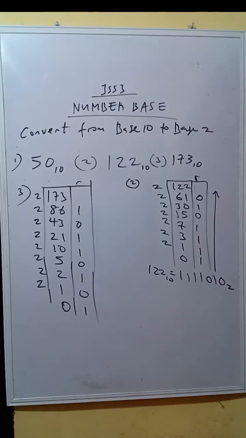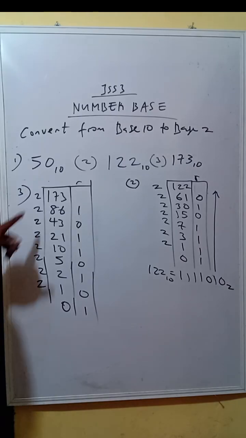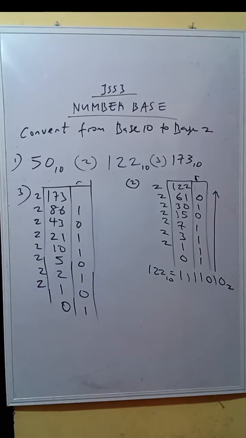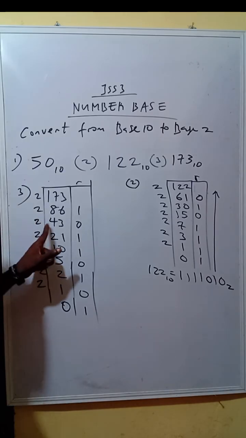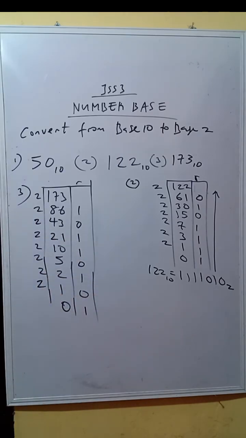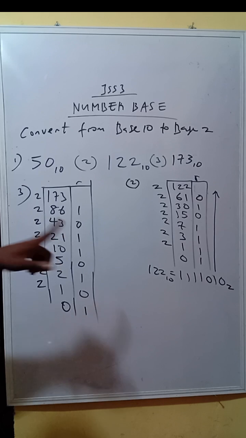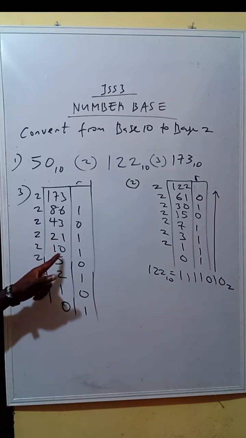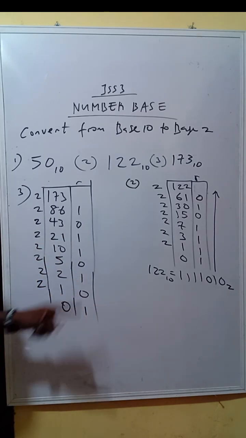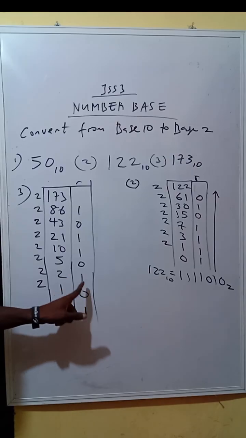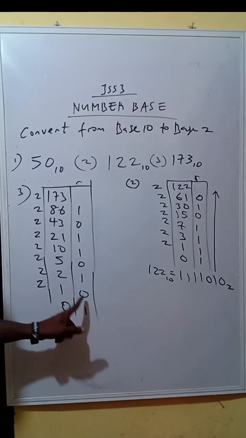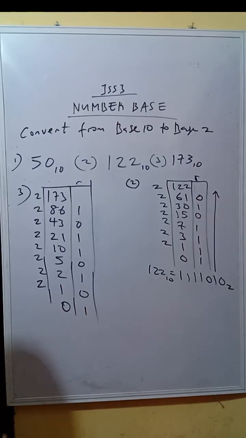So let me go over that division again. 173 divided by 2 is 86 remainder 1. 86, that's 172, yeah. 86 divided by 2, 43 remainder 0. 43 divided by 2, 21 remainder 1. 21 divided by 2, 10 remainder 1. 10 divided by 2, 5 remainder 0. 5 divided by 2, 2 remainder 1. 2 divided by 2, 1 remainder 0. 1 divided by 2, 0 remainder 1. So it means that